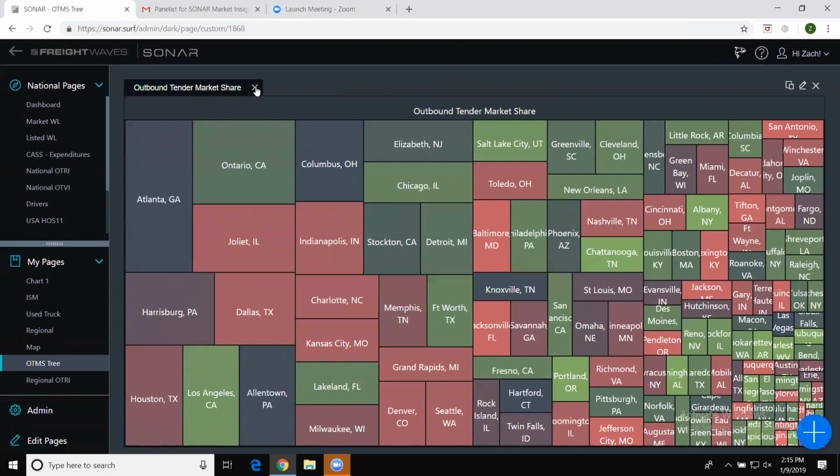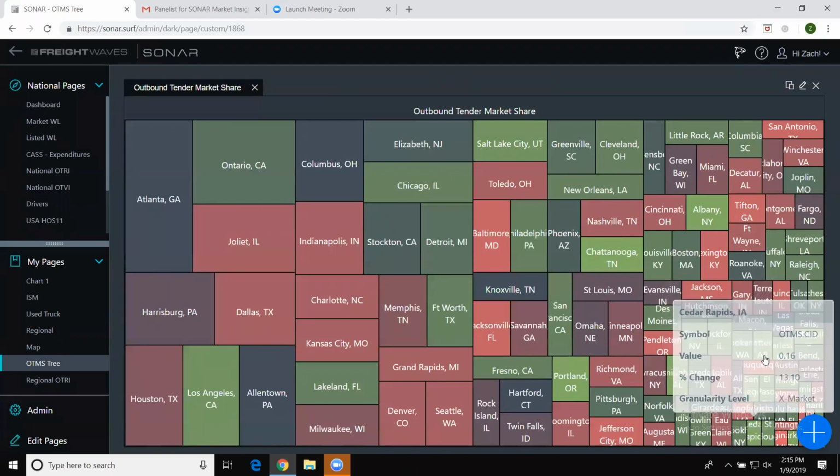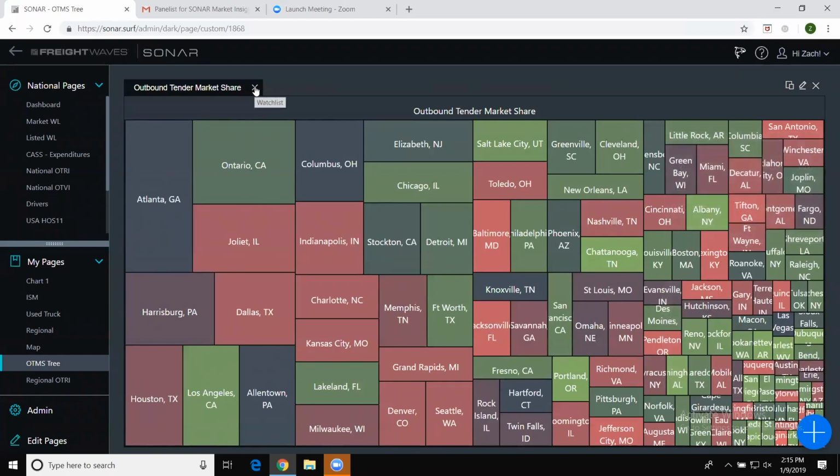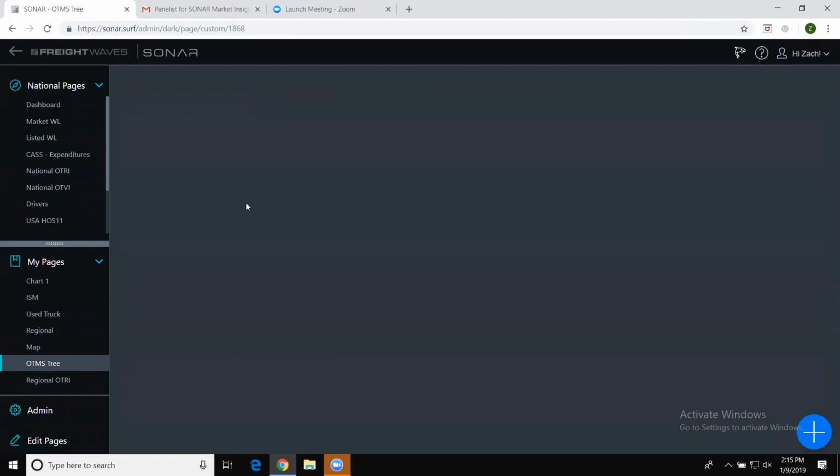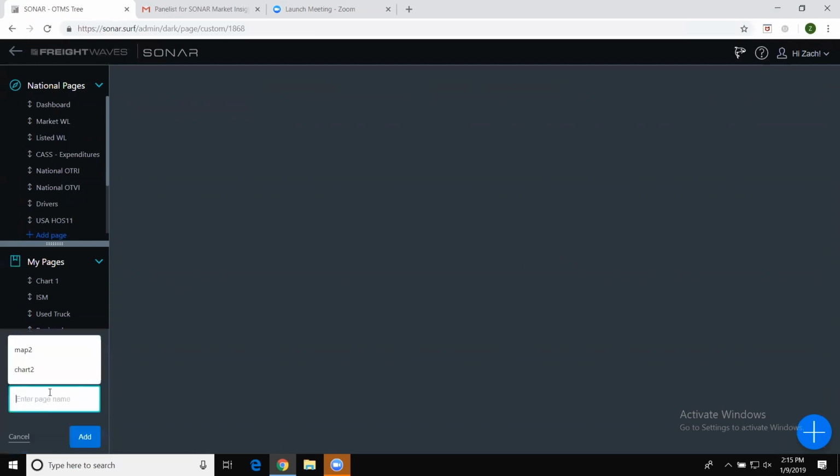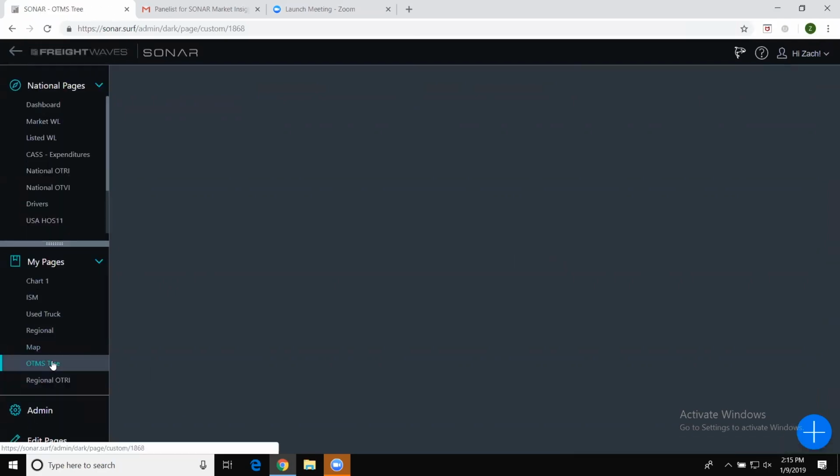There are 135 different tiles on this chart right now, so it's a little bit busy in the bottom right corner and on the right side, but you can customize. If you only want to look at 10 to 15 markets, you can customize through the watch list. I'm going to go ahead and build this for you so everybody can see exactly how to make it. You go down here and hit Edit Pages, Add Page, and then call it the name you like best. I'm going to edit, and you get a blank screen like this. Then you go over here and hit the plus sign, watch list,